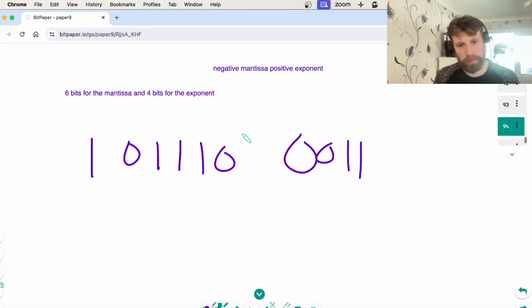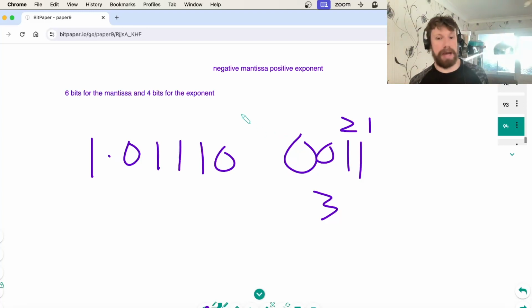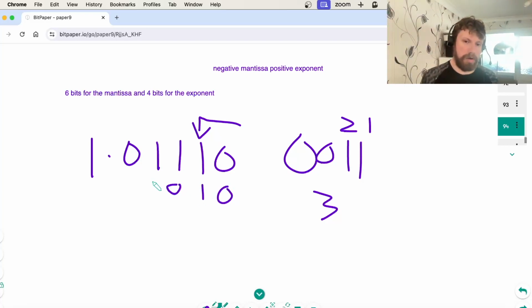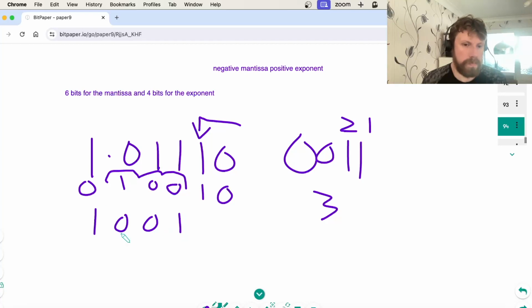Okay, now what we can do is work out our exponent, which is just nice and easy. That's going to give us 3. The decimal point is between here, but before we do that, we have to 2's complement the mantissa. So we're going to move to here, everything at it and before it stays the same, everything after it is flipped, 0, 0, 1. Put that there. Move the decimal point 3 places to the right, 1, 2, 3. Redraw our number, 1, 0, 0, 1, and then put our decimal point in there, 1, 2, 4, 0.5,